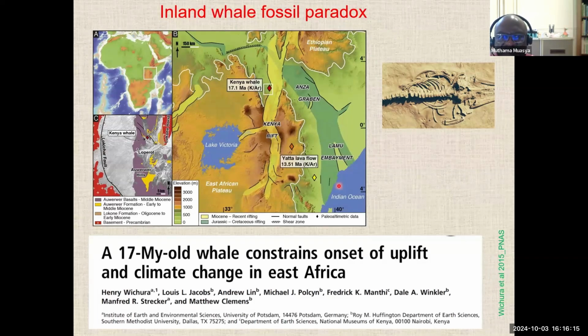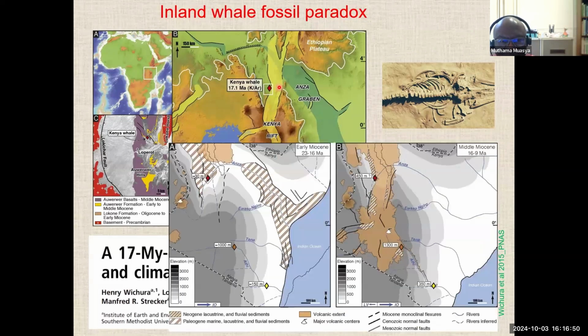To answer the question of when the Rift Valley formed, there's been a puzzle or a paradox of a whale, a fossil of a whale in the East African Rift Valley around Lake Turkana, in an area where there's no sea nearby. This fossil has been dated to about 17 million years. Its explanation is used to understand when the Rift Valley formed, with the thinking that there would have been rivers flowing into the inland, and perhaps this whale went from the ocean through the rivers into what is now inland Lake Turkana area and got stranded there. With the Rift Valley formation, the fossil is stuck somewhere to the west of the Rift Valley where there's no ocean. And that gives a minimum age of when the Rift Valley would have formed, after 17 million